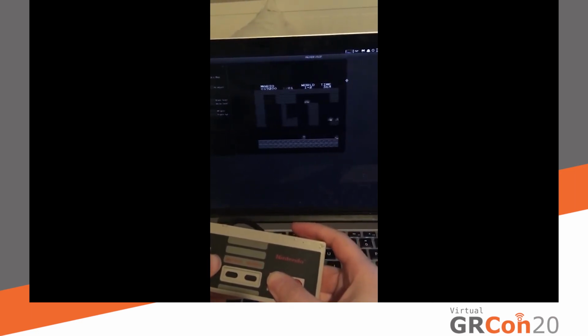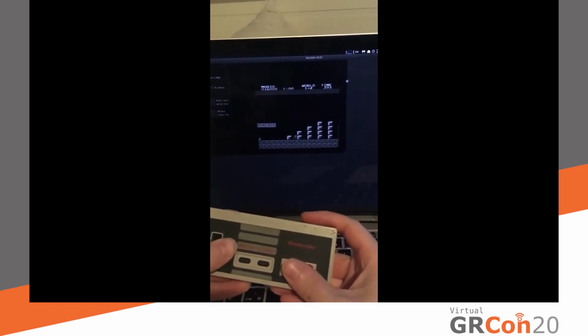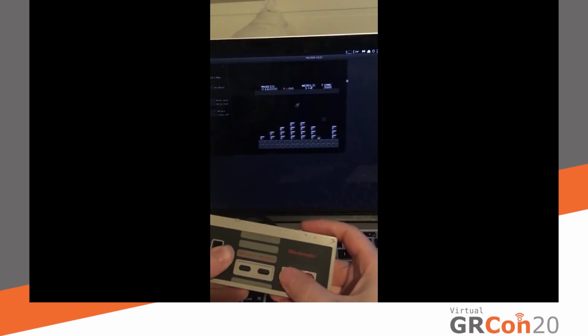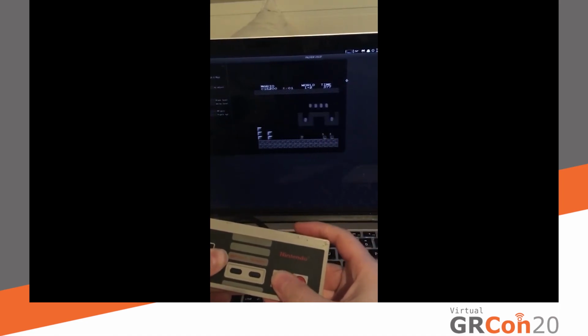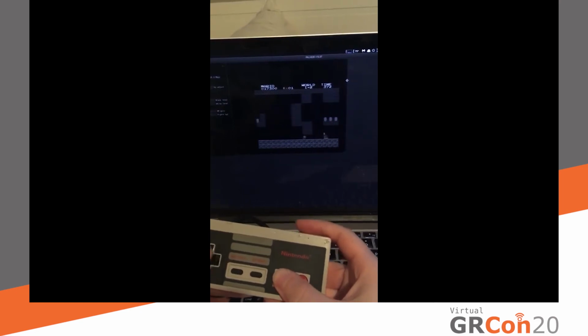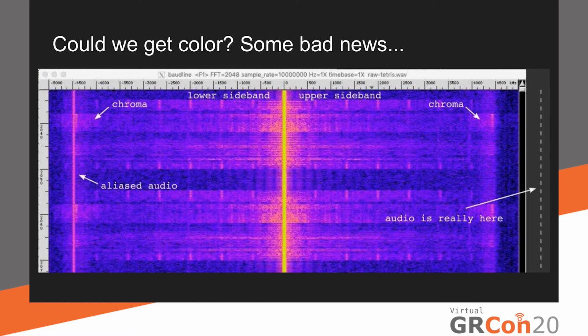And the delays are actually pretty short from the radio to the display, so it's a bit cumbersome, but I can actually play it. But it's still in black and white, so we need to take a look at PAL color.